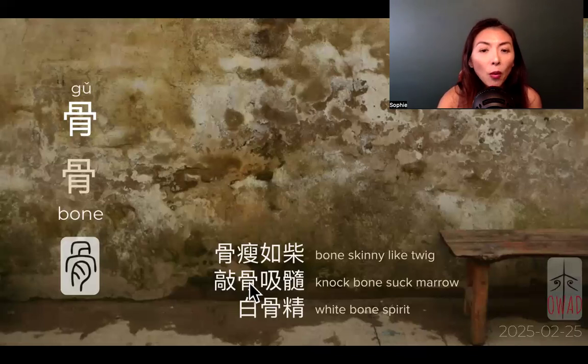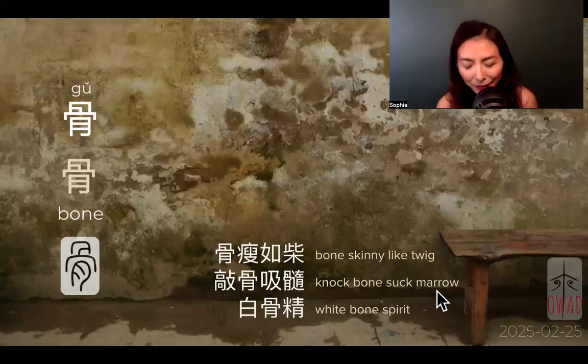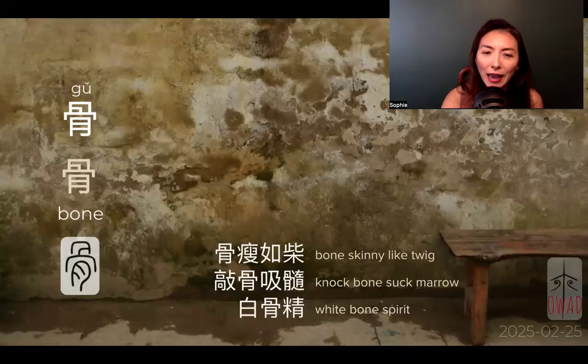Okay, 敲骨吸髓, knock bone, suck marrow. Okay, it seems to talk about the dining practice of how you're going to suck the marrow. You have to break the bone apart and go to the chamber where marrow is stored. And that's the procedural, right? You have to knock up or break down the bones into two pieces, and then you can get to the marrow. And I would particularly use the word suck